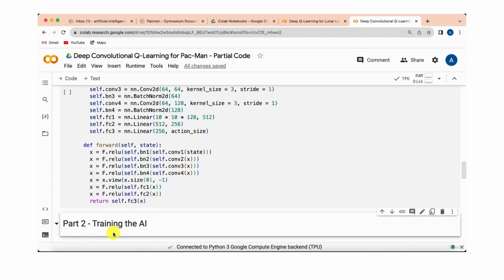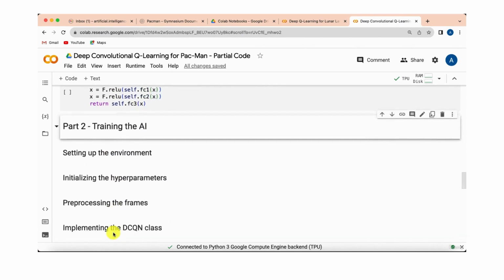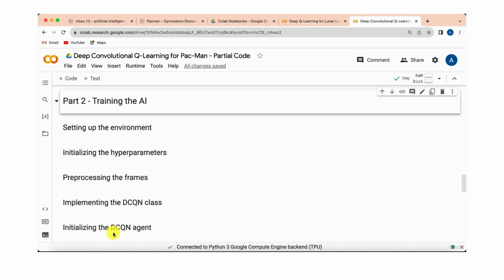Training the AI. Indeed, our AI now has some eyes and a brain, so we can train that brain into playing the game of Pac-Man. And we'll do all that in part 2, following those steps, which are almost the same steps as before, and we will use the codes we implemented before to do this efficiently. So there you go. I can't wait to see you in part 2 to train our AI, and until then,